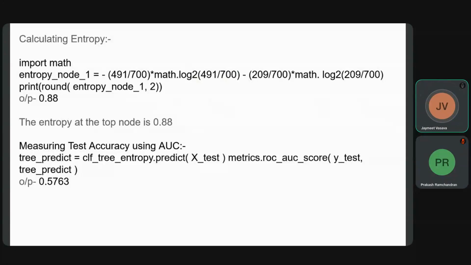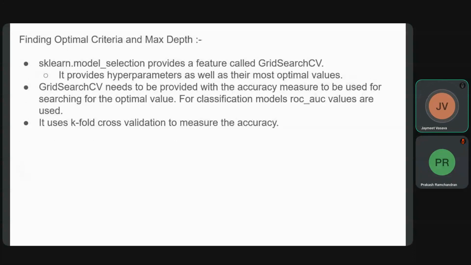And when we test the accuracy using the ROC AUC score, the accuracy we get is 0.5763. So we would like to find the optimal criteria and the maximum depth. Basically, what we are trying to do is find the most optimized tree for the criteria which we can give and the max depth. So scikit-learn's model selection